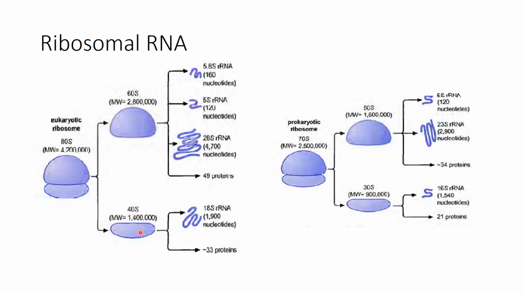In the same way, the smaller subunit also has an 18S rRNA, and 33 proteins are present in combination with the ribosomal RNA. In the case of prokaryotes, we have the 70S ribosome, and here also you can see that it is divided into one larger and one smaller subunit, with 50S and 30S as sedimentation velocities. Even here, a variety of rRNAs are available along with different proteins, which are together sandwiched to form the larger and the smaller subunit.